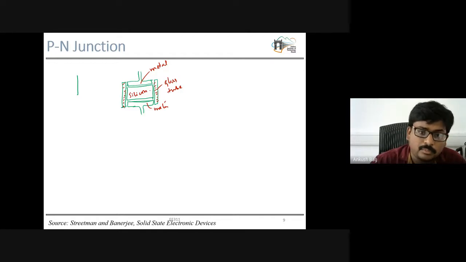Now if we enlarge this silicon portion, only the silicon portion, what is there? So this is just structural information I am giving. I am not giving any conceptual information as such. So how does this PN junction diode look inside that encapsulation? Now if we look into this silicon portion only, or the semiconductor portion,